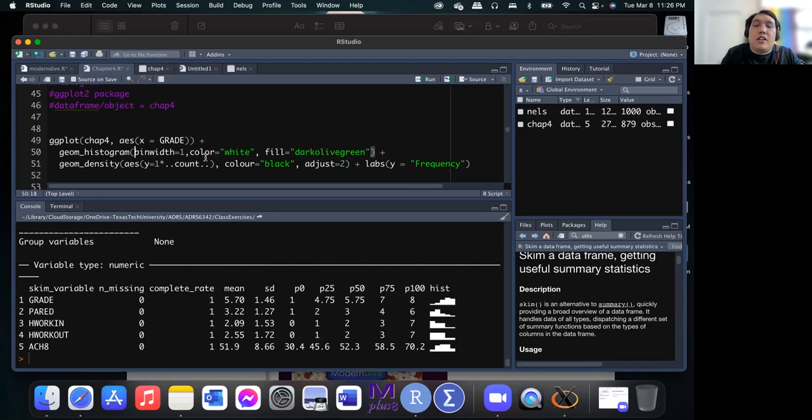I want the color to be white, and I want it filled in with dark olive green. Aside from that, I want to create a curve. I want to superimpose a curve on the histogram. Now, this particular command, which is called the geom_density, does some form of calculation on the back end,